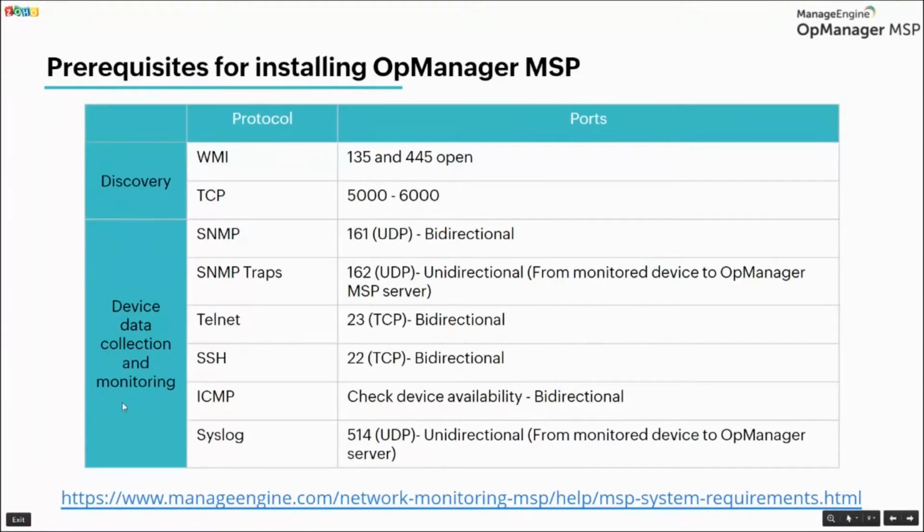And this is important information which we should be aware of when we are deploying OpManager MSP, where the monitoring, the data collection, and the discovery are going to happen based on the ports and the protocols which you're using. So prior to adding your devices, you should make sure that these ports and the respective protocols are opened in your firewall for the communication between the server where the probe is installed and the end devices, so that you will have no problem in discovering or monitoring your devices with various protocols. For more information on the ports which need to be opened in your environment, you can always visit the help document given at the bottom of the presentation slide.